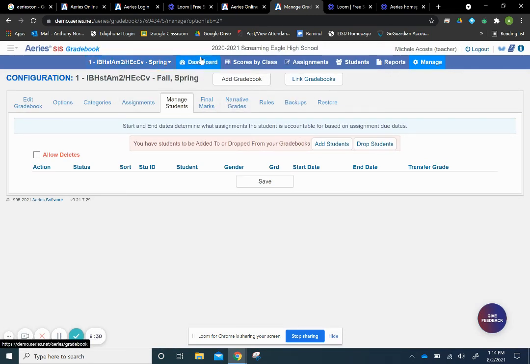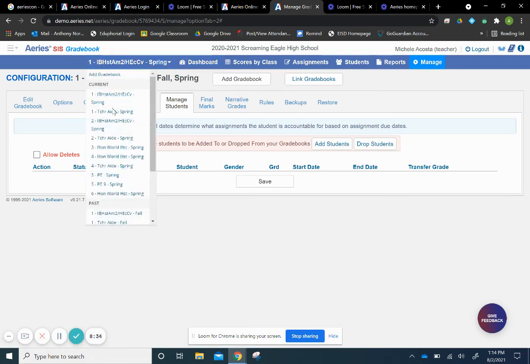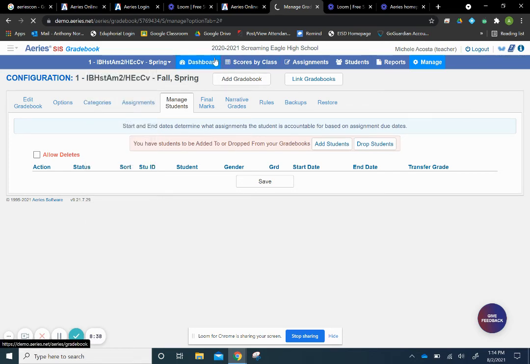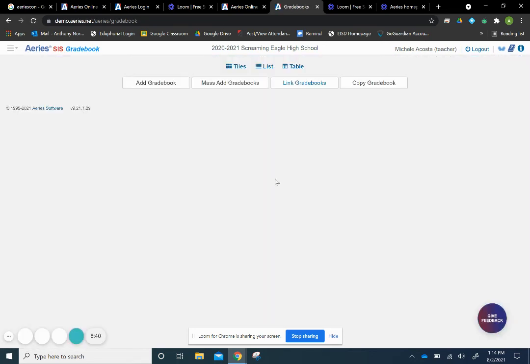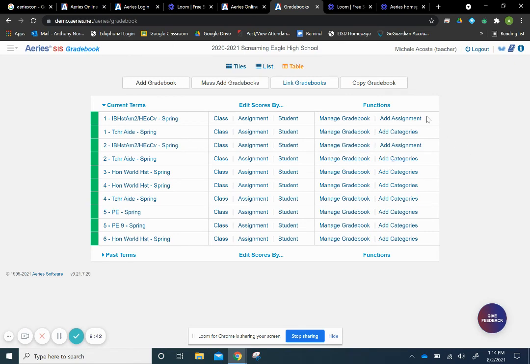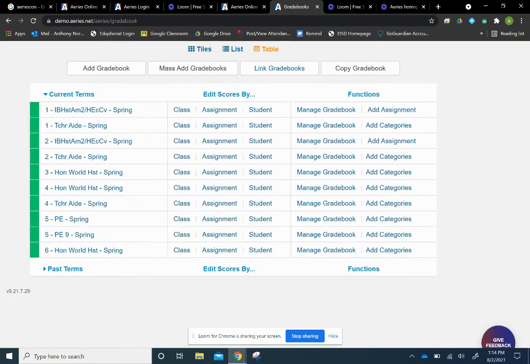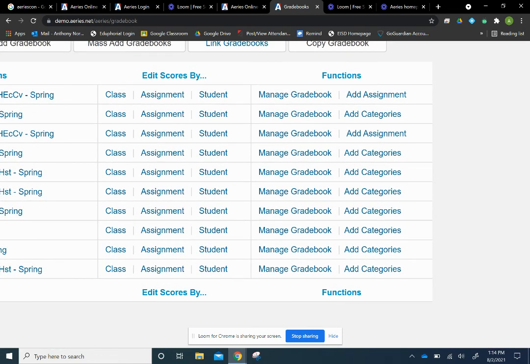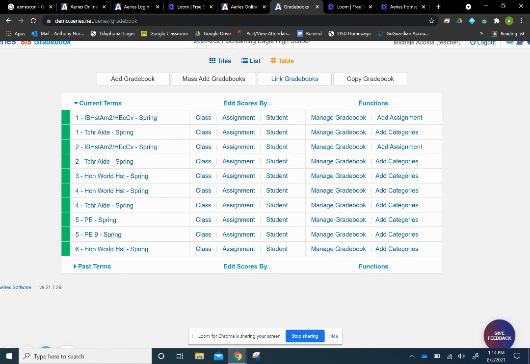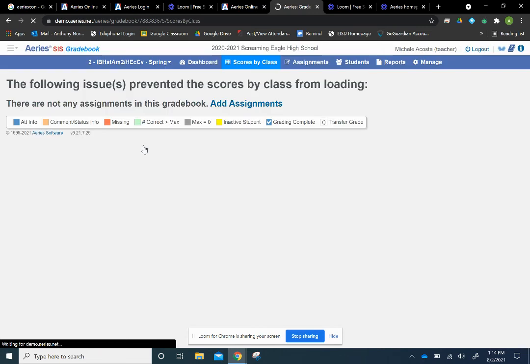So I'm going to go back to the home. We can do that by pressing dashboard, or we can change to our different classes here. So we're going to have the dashboard. If you look closely, these two say add assignment instead of add categories. Because they were grouped, it automatically did it. And if you want confirmation, we can go to this and we're going to click,